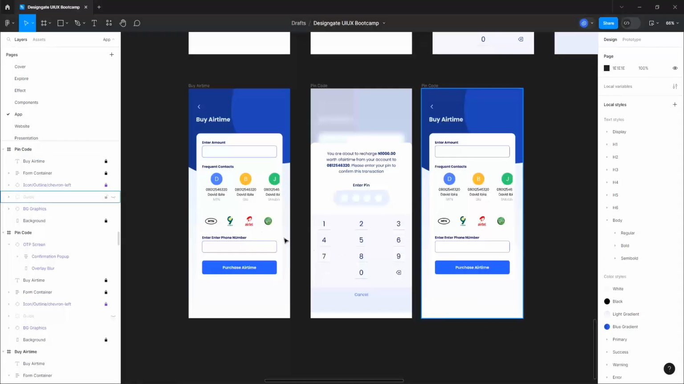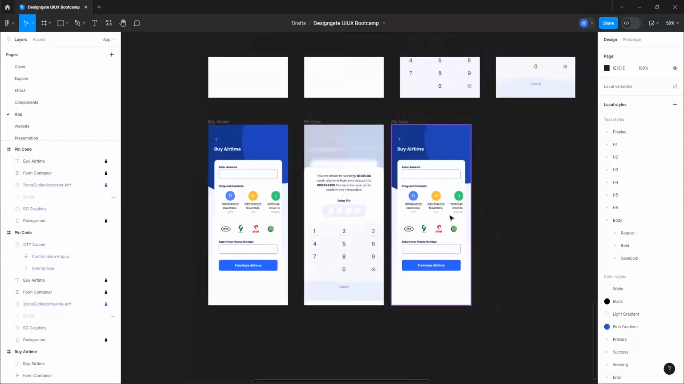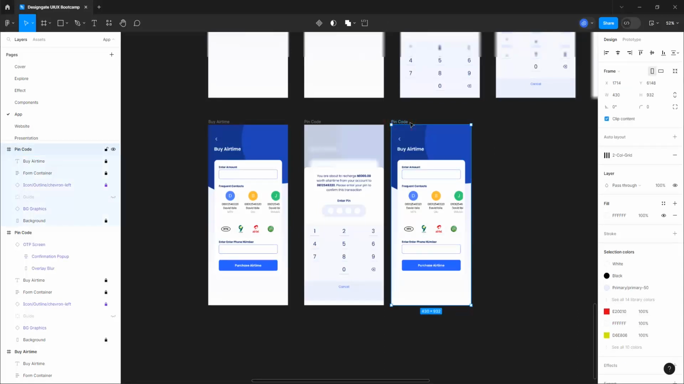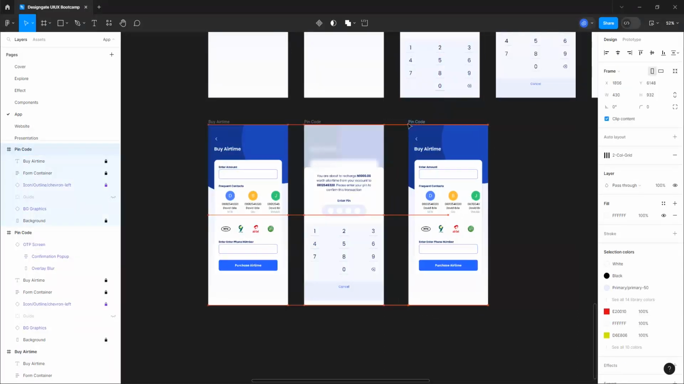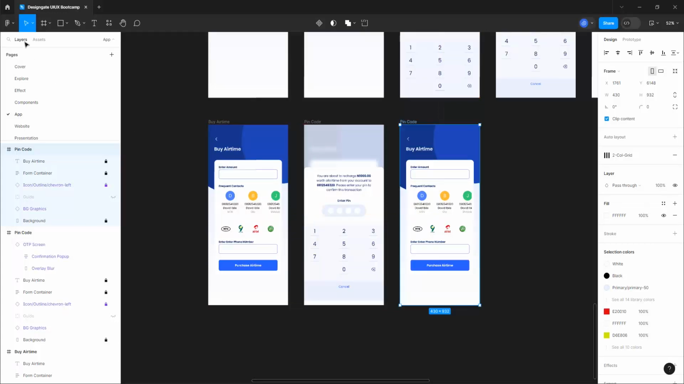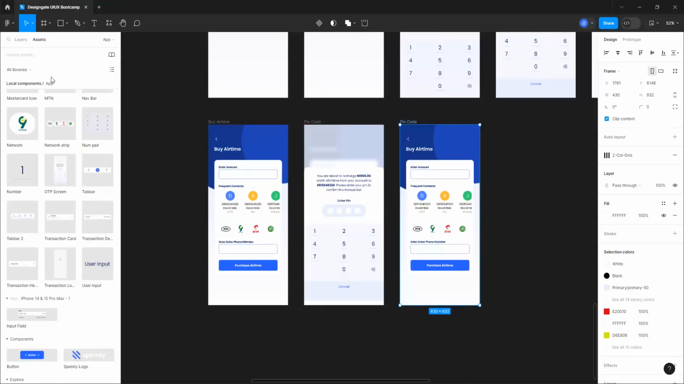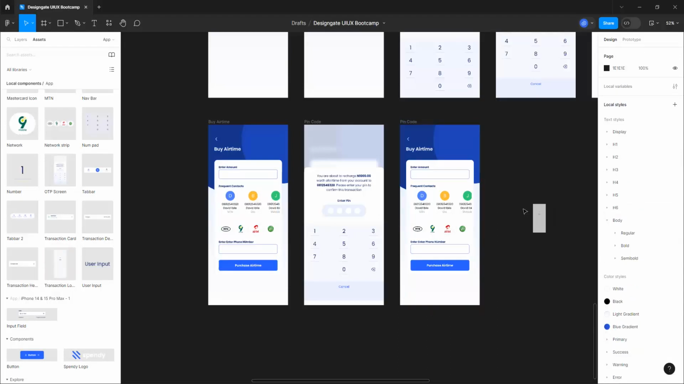Okay, and instead we want to pick the transaction. What did we call it? Let me move this a little bit here. Okay, let's go to assets and let's go to, I think, transaction loading. Okay, so let's drop this here